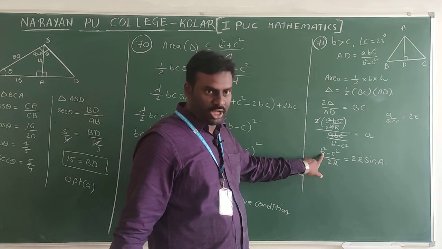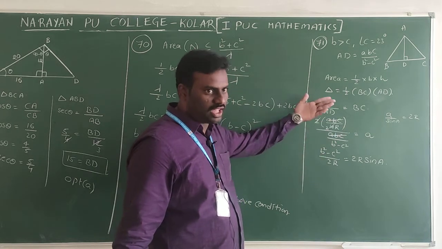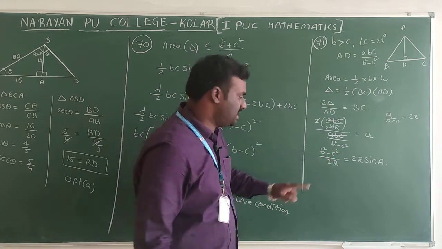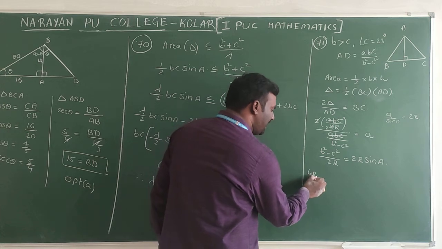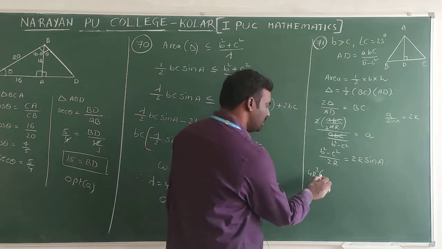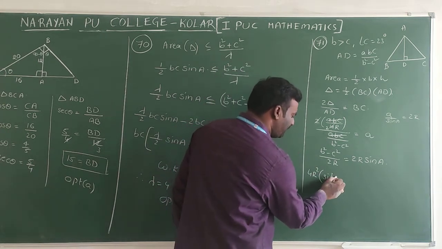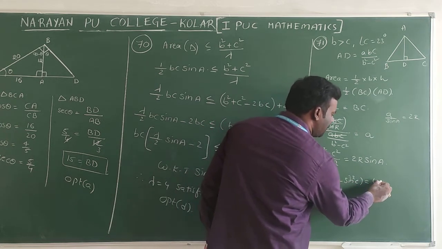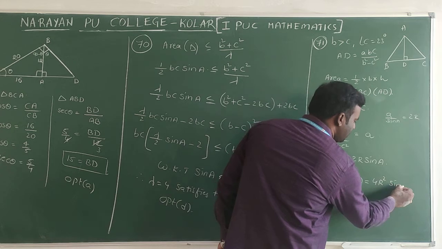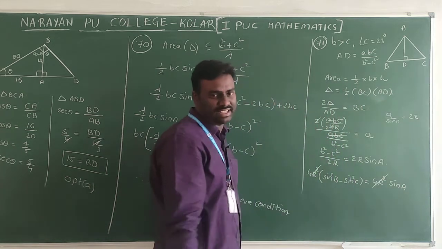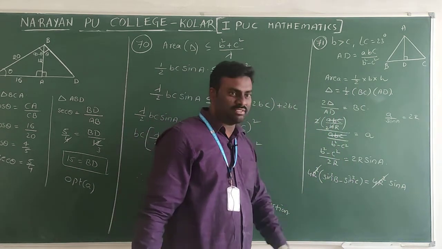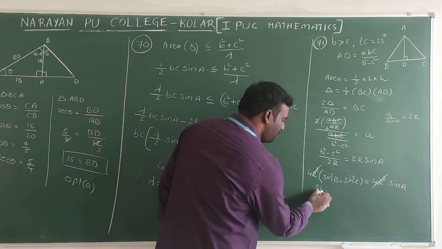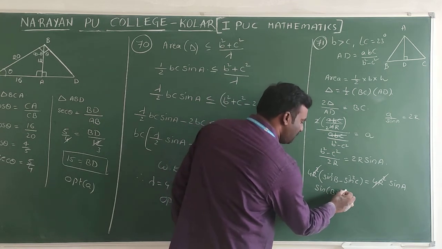Now B is 2R sin B, square, 4R square sin B, 4R square sin C. I can take 4R square common, directly I am writing here. Sin square B minus sin square C is equal to 2R into 2R, 4R square sin A. Now 4R square gets cancelled. Sin square B minus sin square C can be written as sin B plus C into sin B minus C